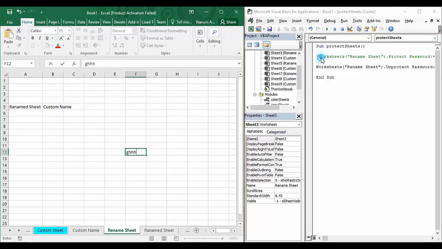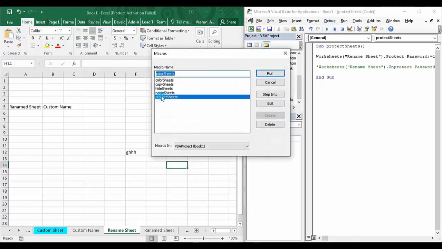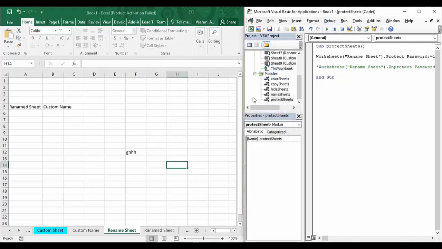Okay, so now one thing more. Let us come to VB again, and let us just uncomment it and comment this. Now we are again protecting our sheet with the password 1234, and protect sheets is what I want to run. Now rename sheet is again protected. You can see this all menu bar has been disabled. Now what if I want to unprotect it again, but I provided a wrong password? Then what happens? 1234 was my password, but I provided simple 123, which is a wrong password.